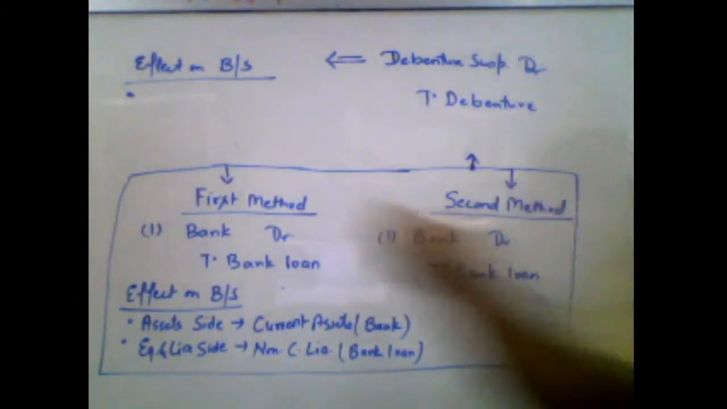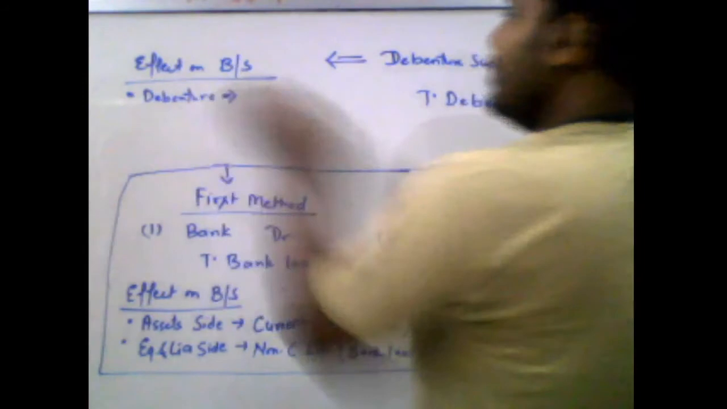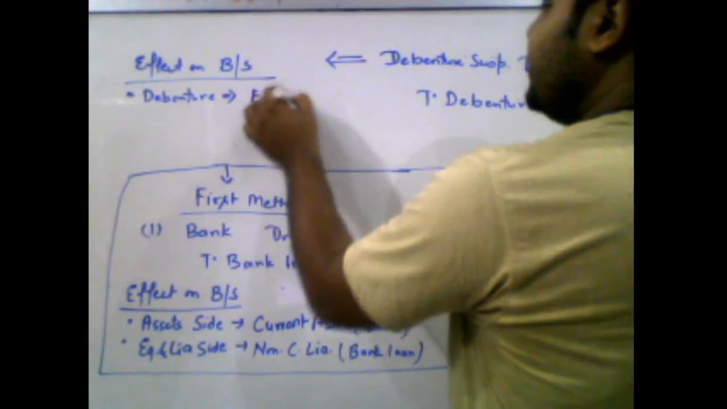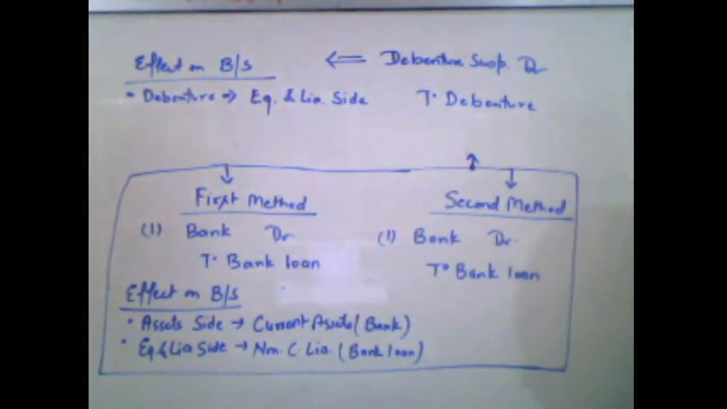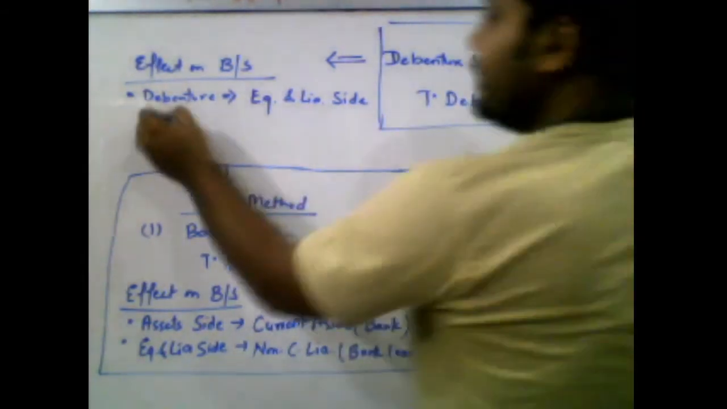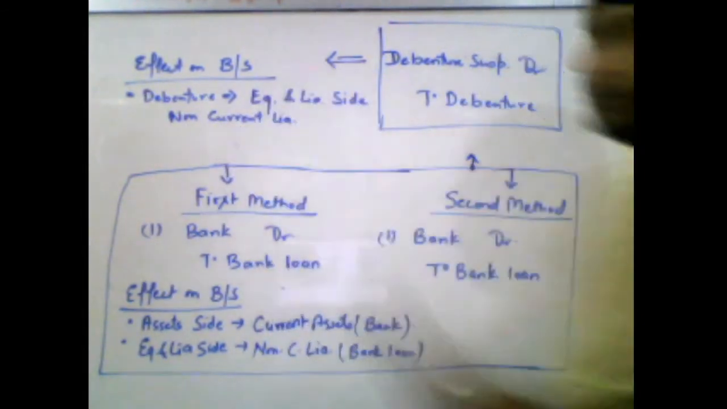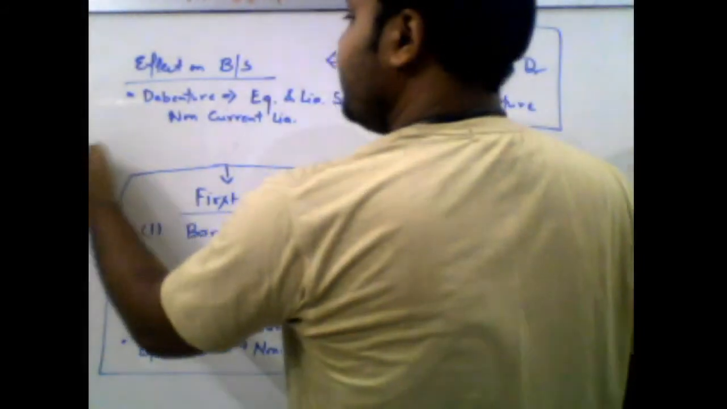So firstly you can see the debenture suspense and debenture. सो डिबेंचर को हम लोग कहां रिकॉर्ड करते हैं? Debenture will be recorded under the equity and liability side. किस साइड रिकॉर्ड करते हैं? इक्विटी एंड लाइबिलिटी साइड रिकॉर्ड करते हैं डिबेंचर को. ओके, और किस हेड के अंदर रिकॉर्ड करते हैं? It will be recorded under the head of non-current liability. If we are talking about the debenture suspense, so debenture suspense will be recorded